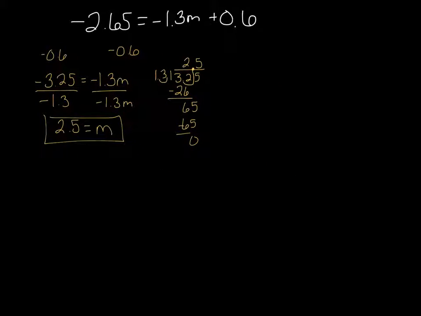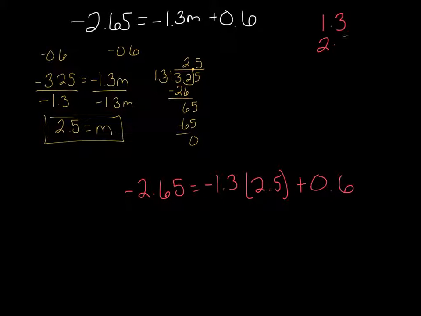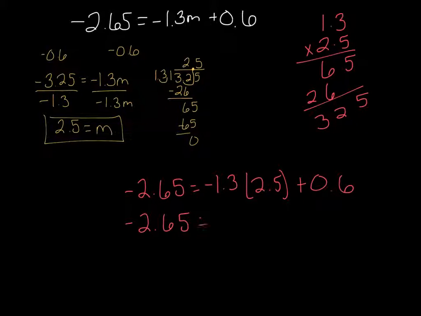Okay, now we can check this by plugging 2.5 in for m. So negative 2.65 equals negative 1.3 times 2.5 plus 0.6. So 1.3 times 2.5, that would be 65. That would be negative 3.25